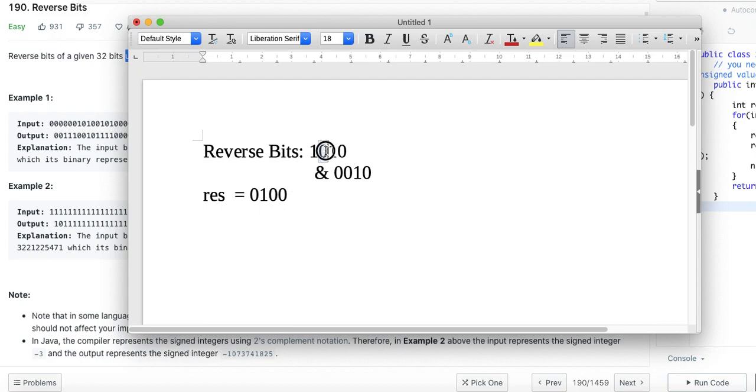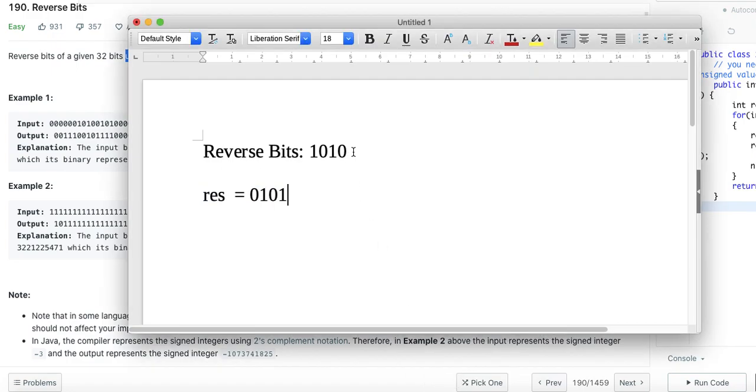Then you go to here. For that you'll make the mask accordingly. You get this bit and set it in this position, and you get the next bit and set it in its position. So from the right you go on getting the bits, and from the left you go on setting the bits. This is one way of doing it, the straightforward way, and this would take a little more number of operations. So we should be asking, can we do something better?